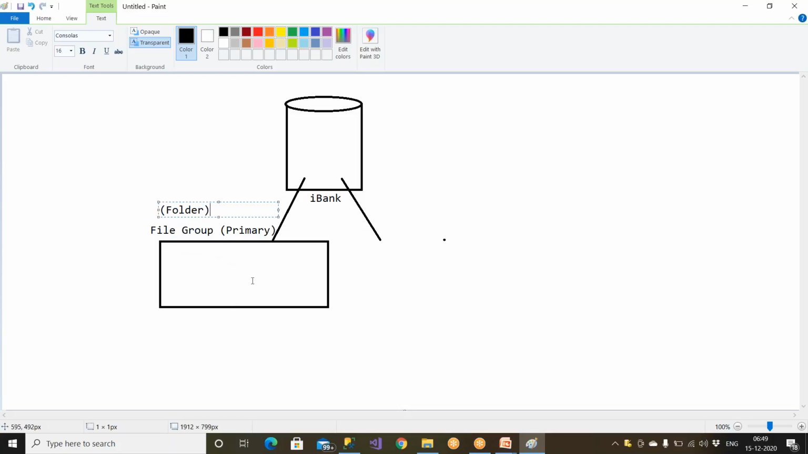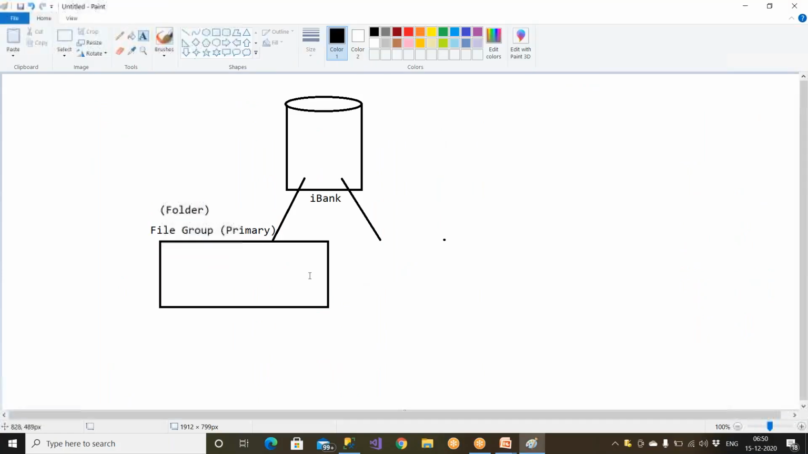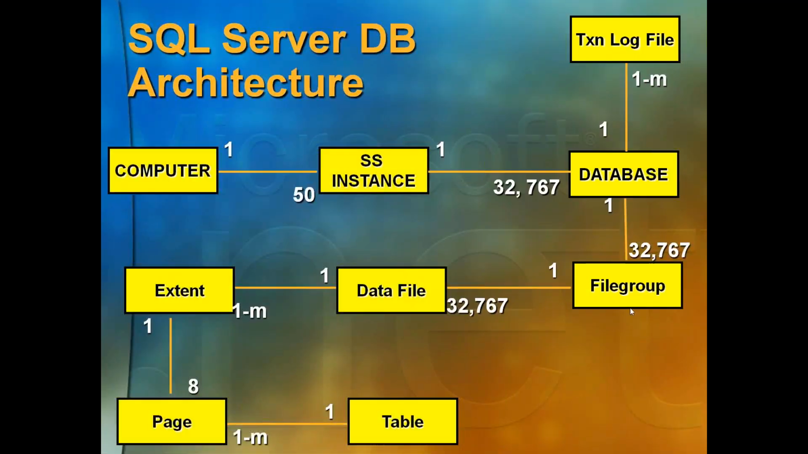What is a folder? It can group a lot of files. You can create a folder and give a name to the folder, right? Whenever you create a folder, you give a name. So by default, you are going to get a name called primary. What is primary? It is a file group. What is a file group? It is a folder. Every database will have a minimum of one file group,